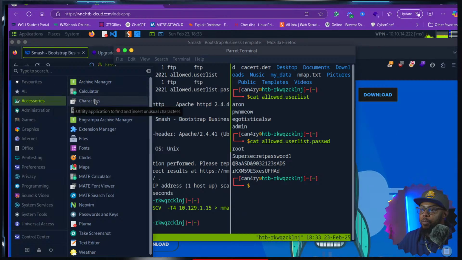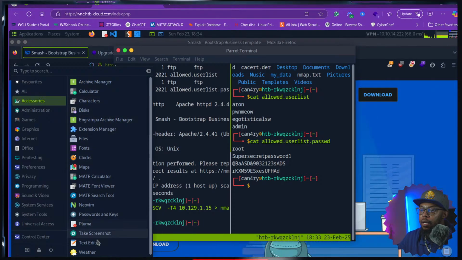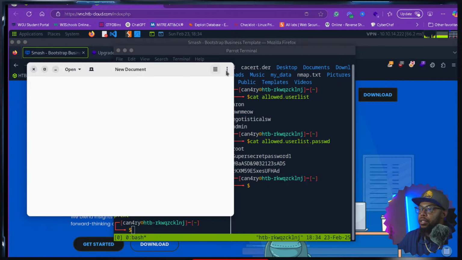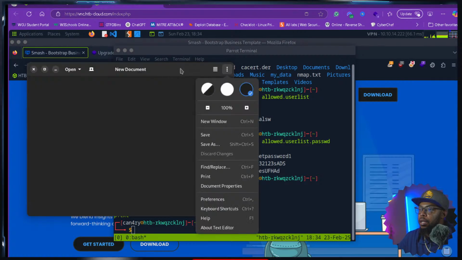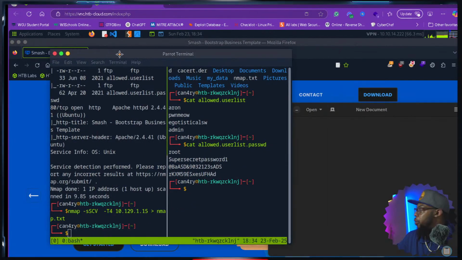I can open up more panes like windows in Tmux, but why? So let's go to our text editor. And then the most important thing,